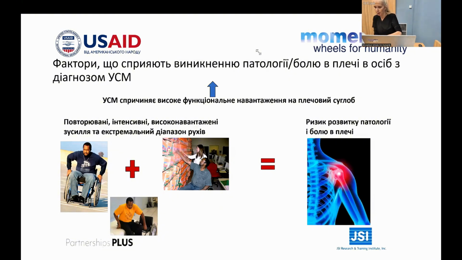Okay. So, with that said, we'll begin. Okay. So, we talked about what are the factors that contribute to persons with paraplegia and tetraplegia having a higher incidence of shoulder pain than